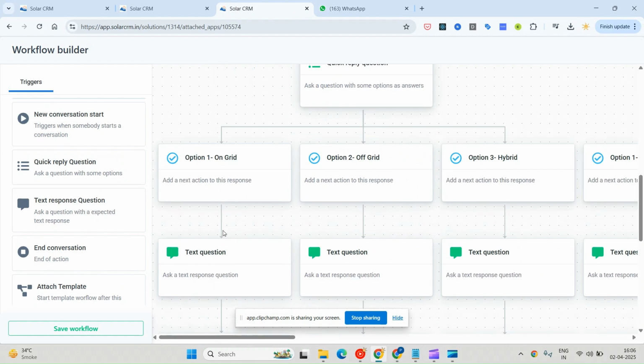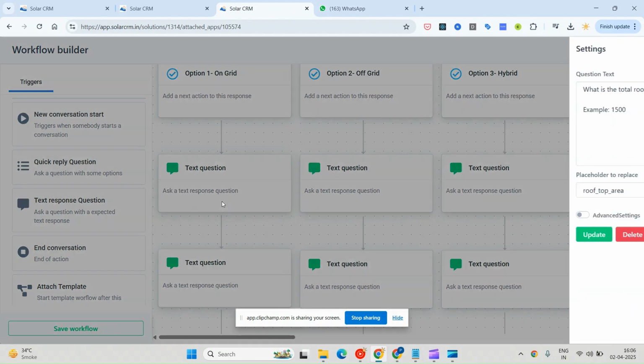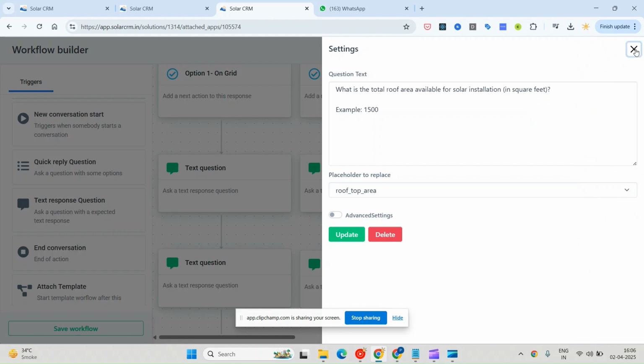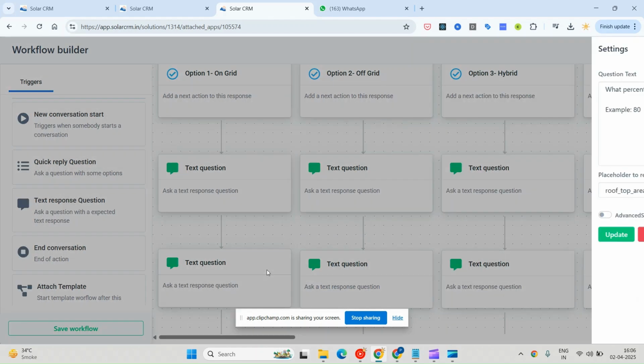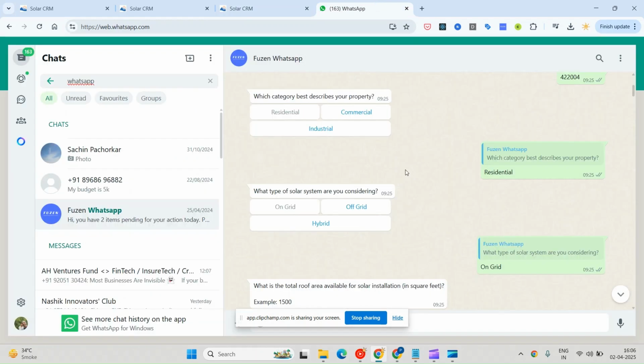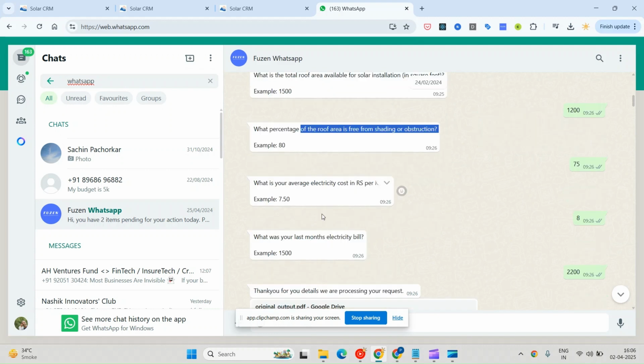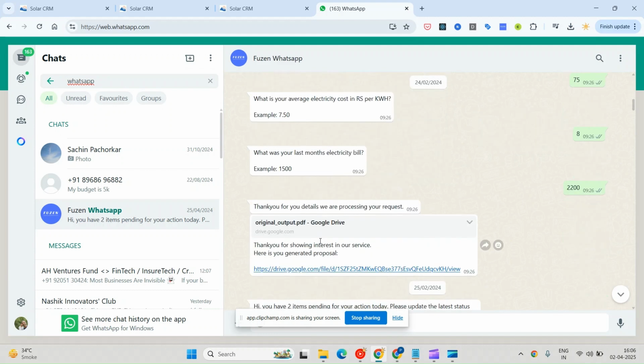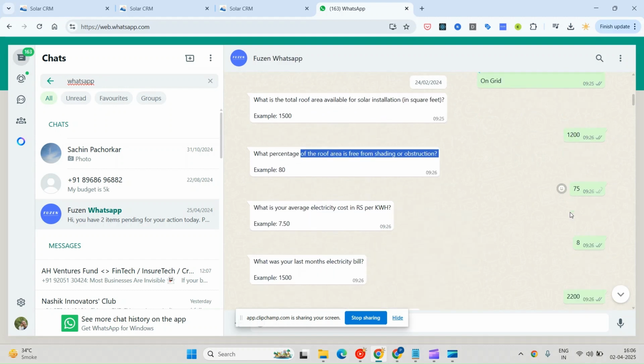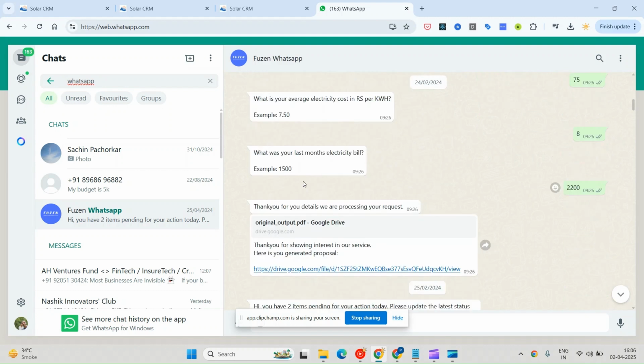And then for on grid solutions, we'll ask them a few questions that we have defined here, like what is the area on your rooftop, what is the shadow free area. So here are the questions for on grid. What is the total rooftop area, what is the percentage which is free from shading or obstruction, what is your unit cost, what is your last month electricity bill. And then all this information entered by the user will get saved within the CRM, and at the end of the workflow we'll take all this information, run some calculations on it, and create a